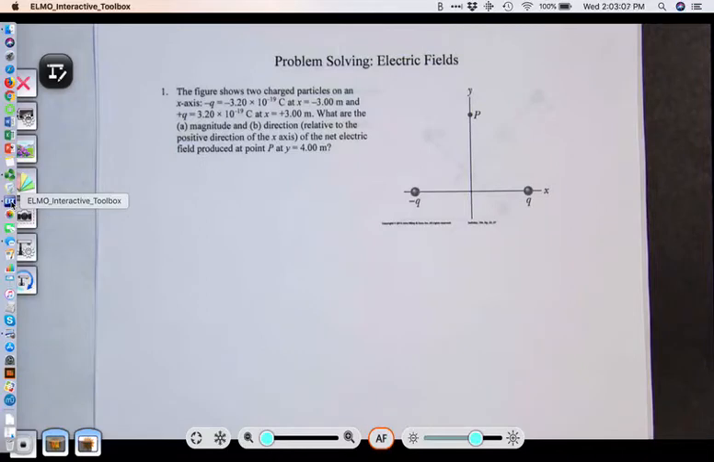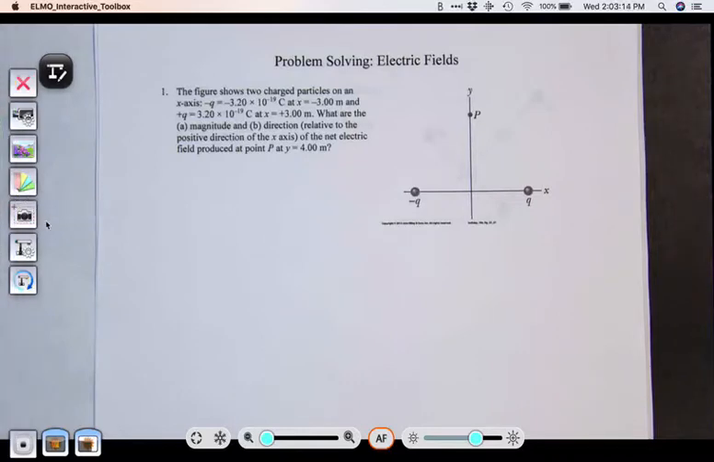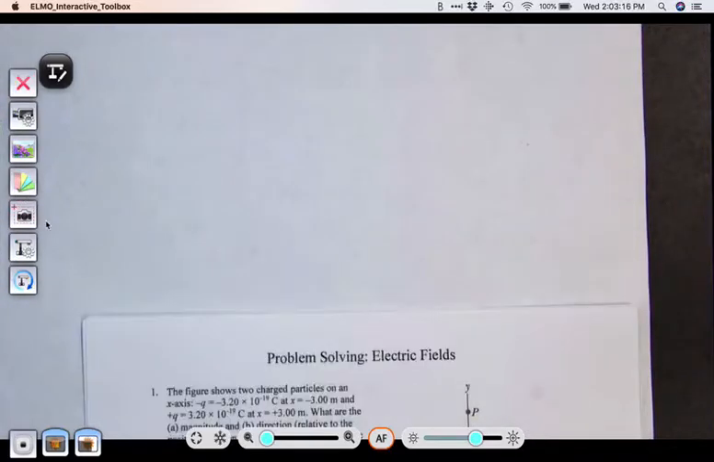Hello and welcome to a problem-solving session on the concept of electric fields. Before we get going here, I'd like to keep score of ideas that we have